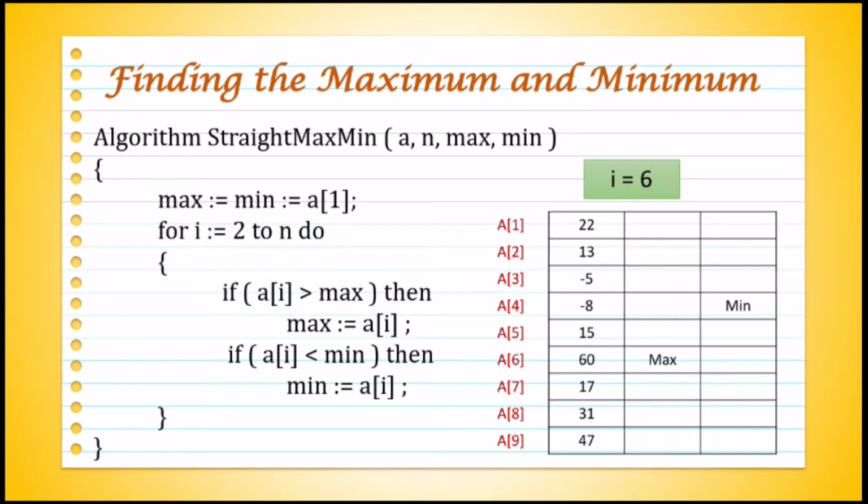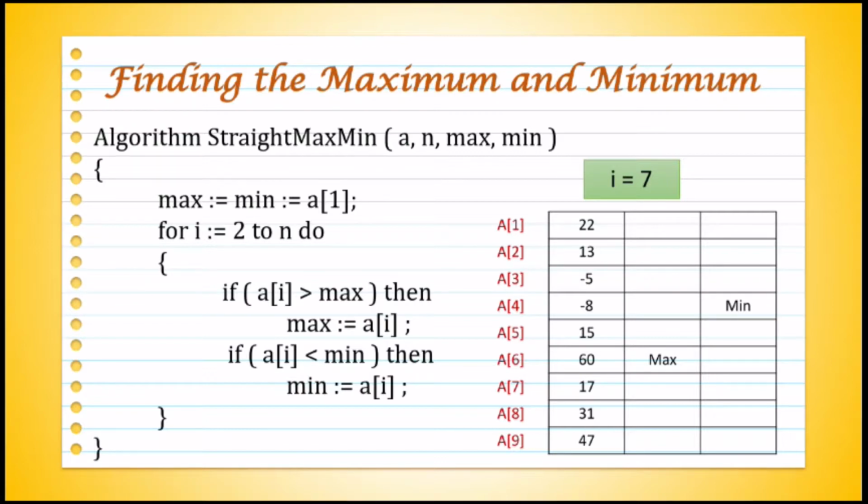Next, after initializing the value of max, we will check the second if condition. So is a of i less than min, that is 60 is less than minus 8? No, the condition is false. So because again the for loop condition was true, we will increment the value of i by 1 and we will execute the statements. So again 7 is less than n, the condition is true,